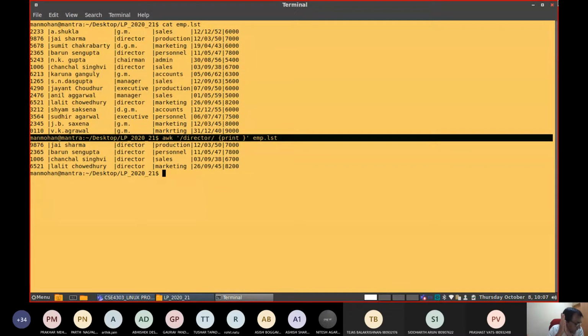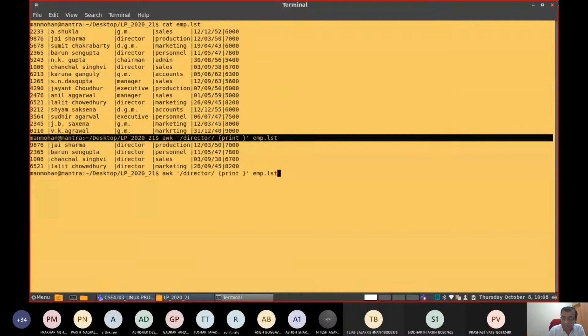Now the selection criteria selects lines that are processed in the action section. So after selecting, it will apply the so-called action onto that particular file. If in case the selection criteria is missing, assume that you are not going to write anything.